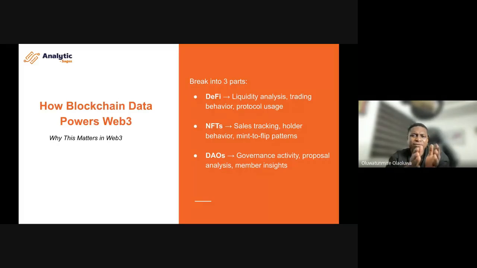So if you are querying DAOs, you're asking yourself, what is the governance activity? And when we talk about governance activity, you are tracking votes. Who is voting? Number of voters. Number of votes. Who voted last month? Who did not vote this month? Who voted last year? Who did not vote this year? Active voters. Retained voters. There are so many things you can do when it comes to on-chain blockchain data analytics.